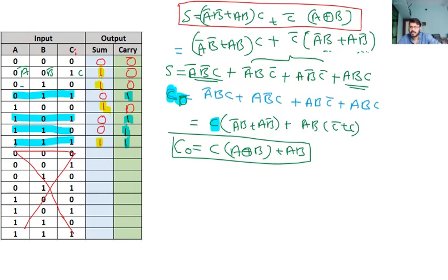So you have a C here also and here a C also. So this is actually carry out and this C is actually carry in. This is carry in and here you have a C out. So this is now C renamed as C out, or C0. Okay. So this is the expression for carry out.